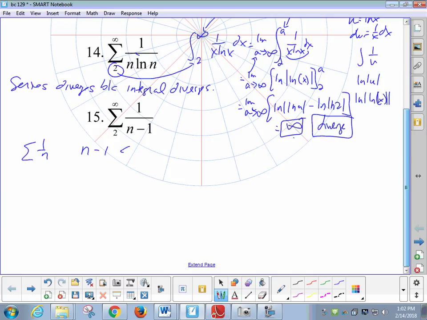n minus 1 is less than n, would you agree? Therefore, 1 over n minus 1 is greater than 1 over n, would you agree? And the sum of lots of those terms must be greater than the sum of lots of those terms. I think you'll agree. Now we know this to be infinite, and our series is greater. Does that prove divergence? It does. The series 1 over n minus 1 diverges